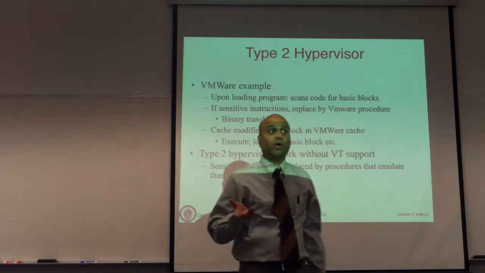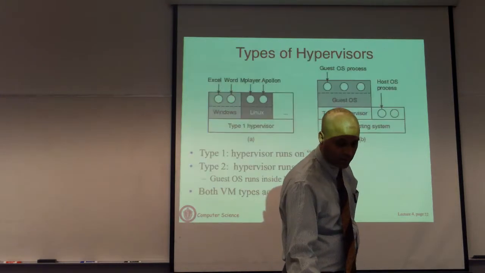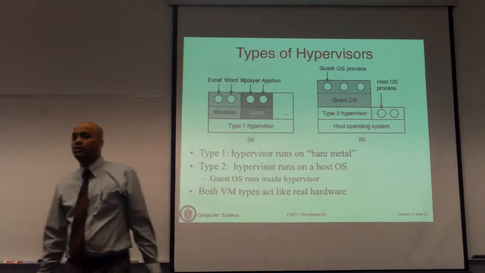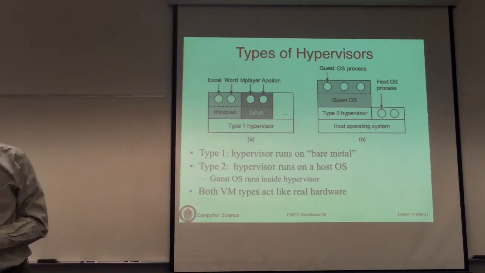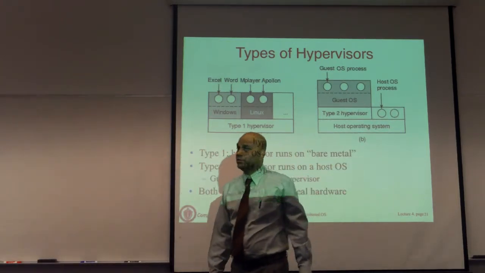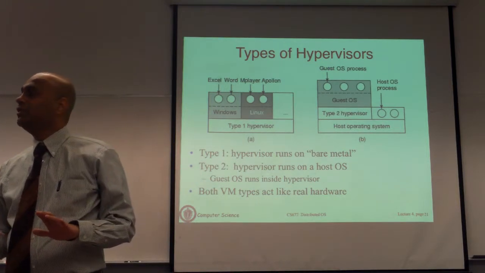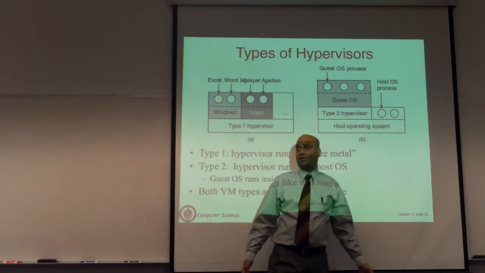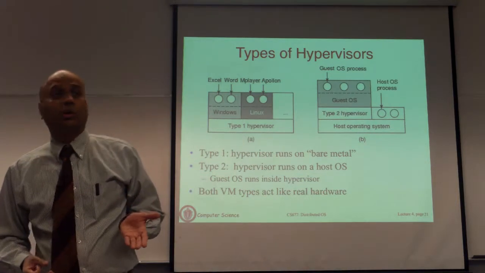We'll continue from that point on and talk about what we call type 2 hypervisors, which are essentially what you may have seen if you have run a virtual machine on VirtualBox or VMware Workstation or Parallels. That's called type 2 hypervisors. In this case, you boot your regular operating system on your machine. It could be Windows, Mac, Linux, and you construct a virtual machine in user space. So the virtualization layer, which is a type 2 hypervisor, essentially runs like a user application. You can create virtual machines, and then you can boot up those virtual machines.